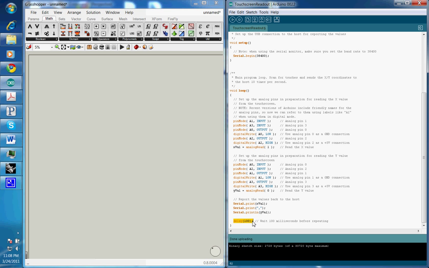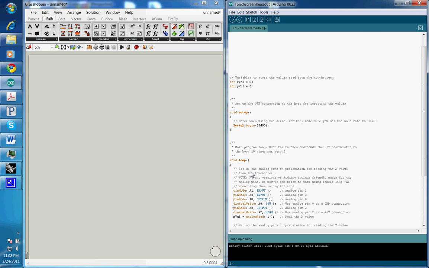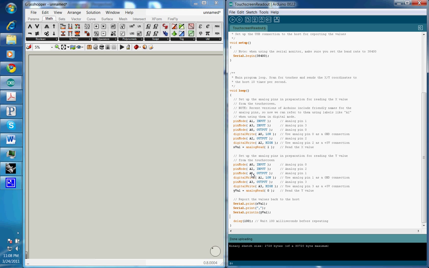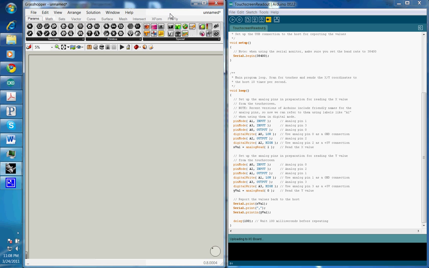This delay command sets a refresh rate for the actual program. This is based in milliseconds, so 100 is 1/10 of a second. Okay, so that's the entire program. It's actually quite short and sweet, which is nice because I didn't have to go insane trying to figure it out. So let's go ahead and upload this, and while it's uploading, I'm going to go ahead and set up